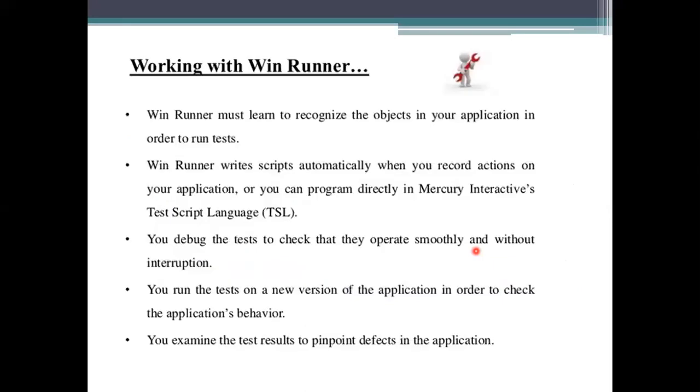And what is the working procedure? What we are considering here is the Mercury Interactive TSL language in that representation. It is also used in how we are going to process. Then, with this WinRunner tool, we need to recognize the objects we are using, which has to be followed by the testing here. What is to be tested has to be identified there.